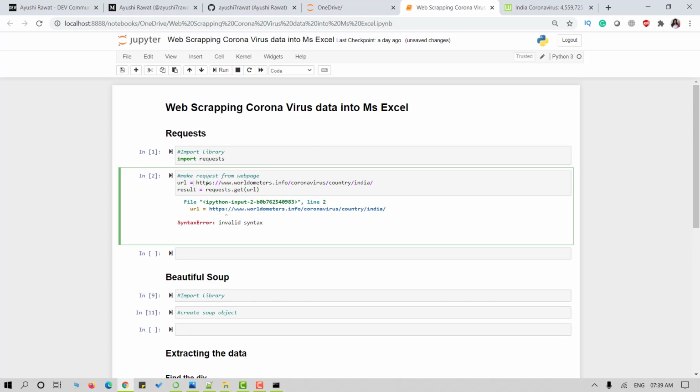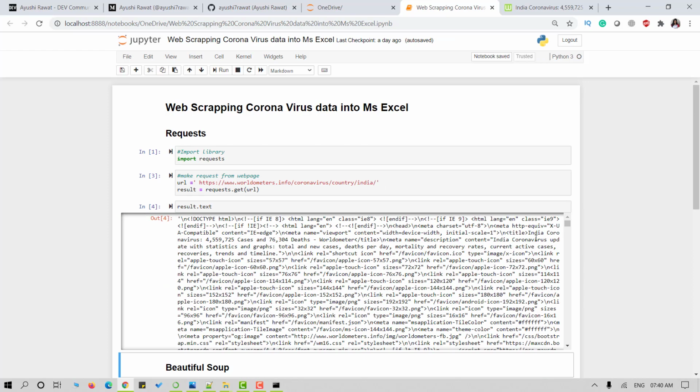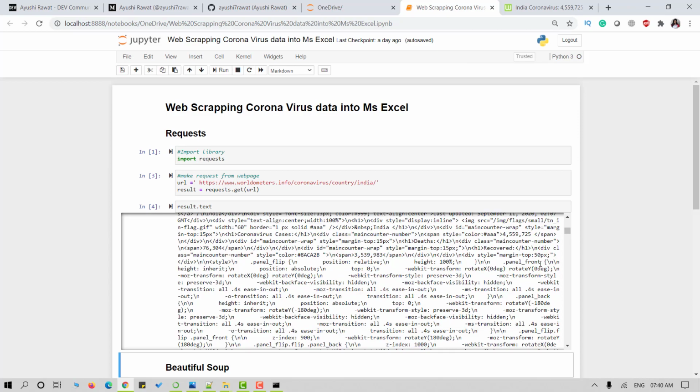Okay, I need to pass it as a string here. Our request is successful because the command ran successfully. And now it's stored into a giant Python string, that is result. We will now be able to fetch the complete web page source code when we run result.txt. Let's see. This is the complete source code of the web page.